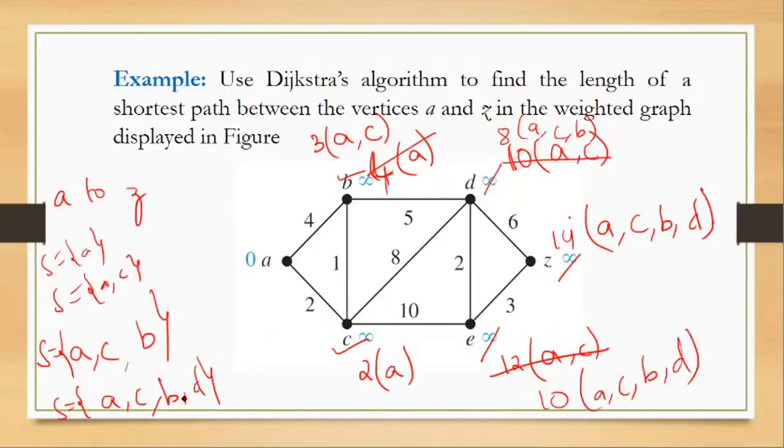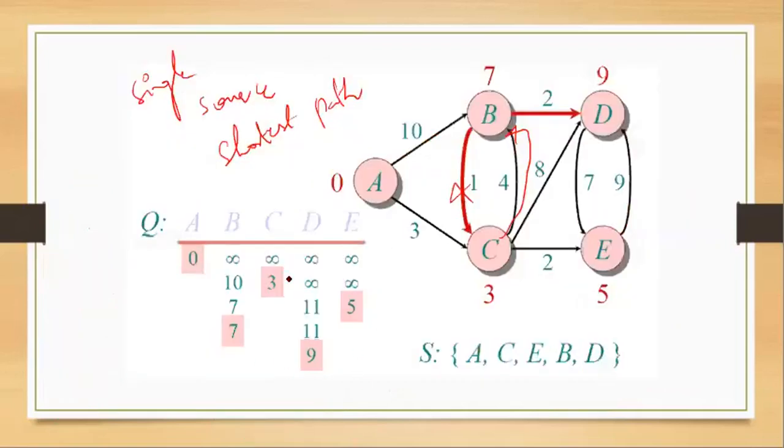So now I have added D also to our set. Now among 10 and 14, which one is the smaller one? 10. So I'll be adding E to our set A, C, B, D, E. The set is basically all the vertices you have traversed and got the shortest path. It is similar to the table you were creating earlier, and also you have to create this table. I'm just directly explaining the problem, but this way you have to create a table also.